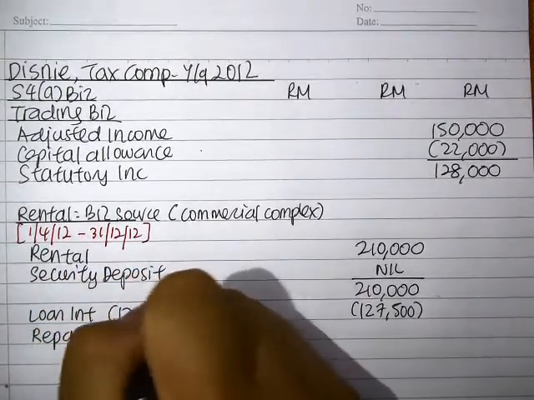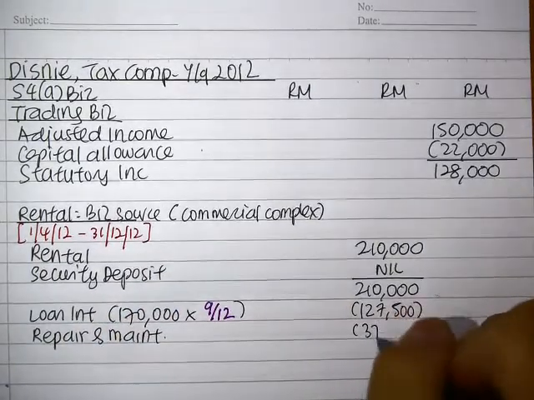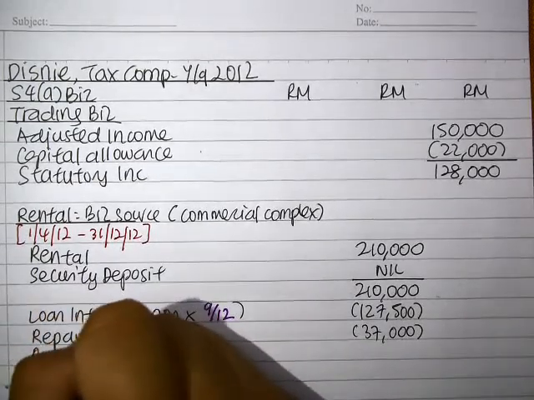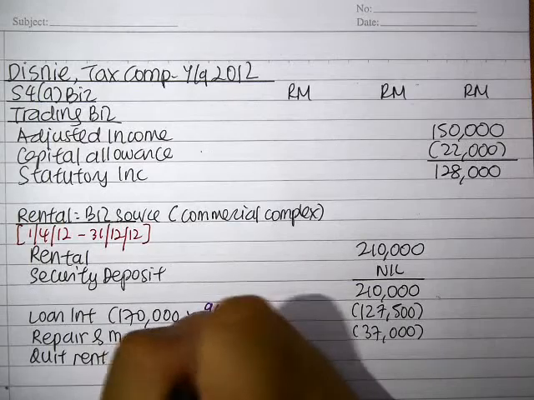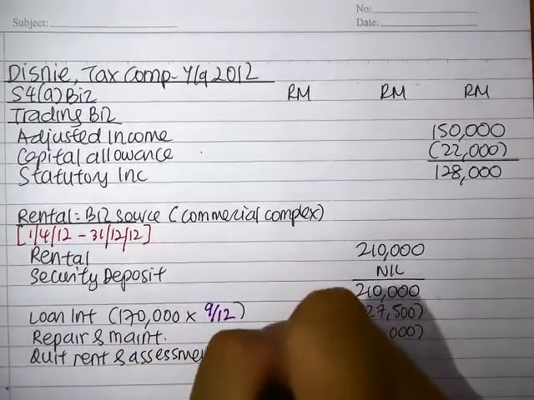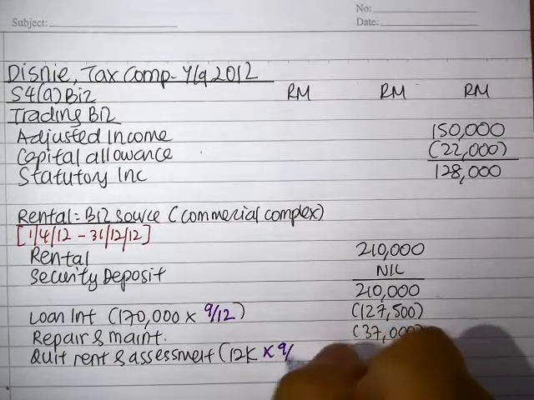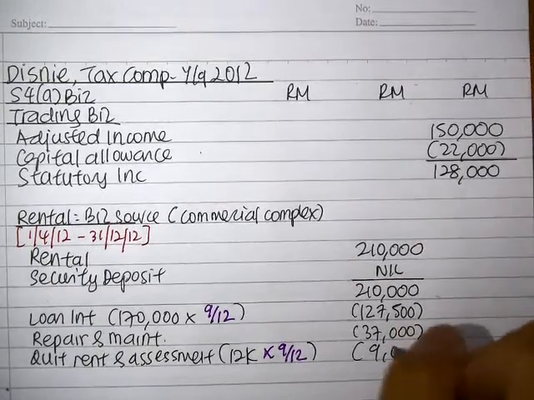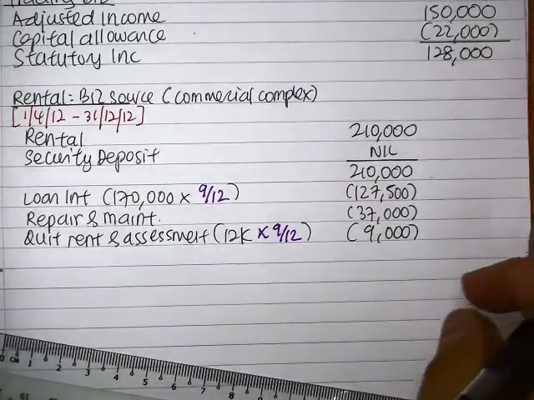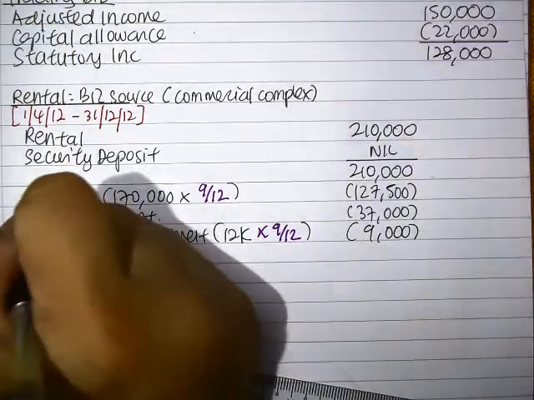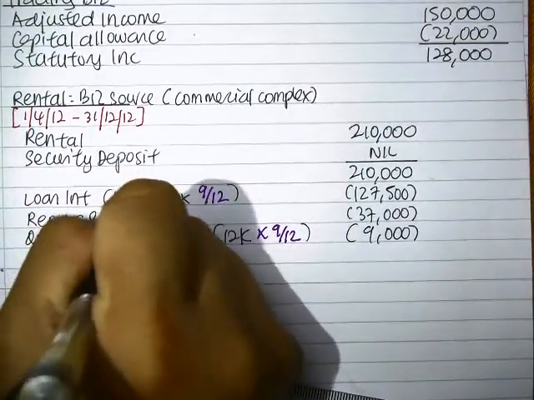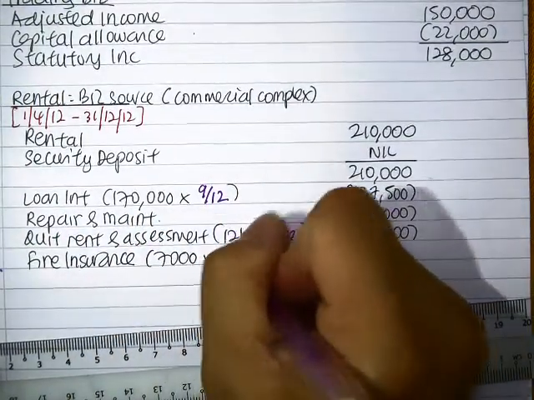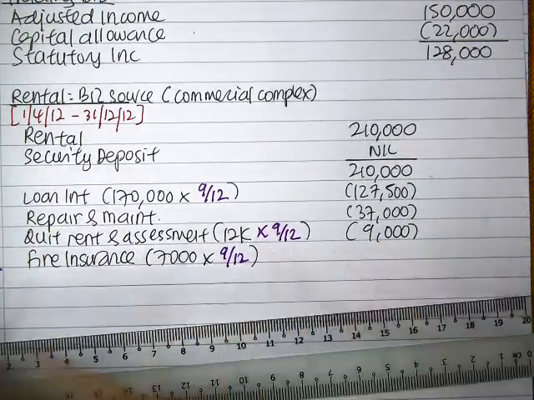Now the repair and maintenance incurred in the month of May, which is already commenced, so you can get a deduction. Right, then we have quit rent assessment, same thing, 12,000, and you apportion, so it's 9k. Right, we have the fire insurance, which is 7,000, and same thing, apportion into 9/12. That will give us